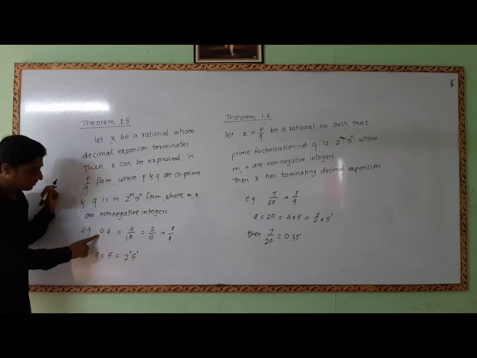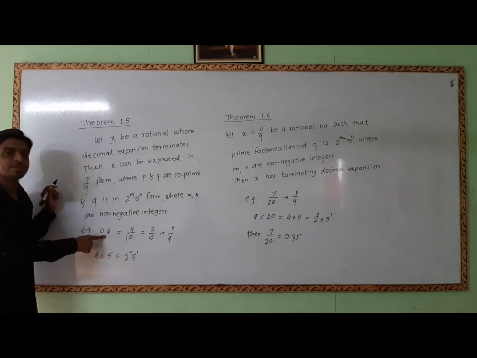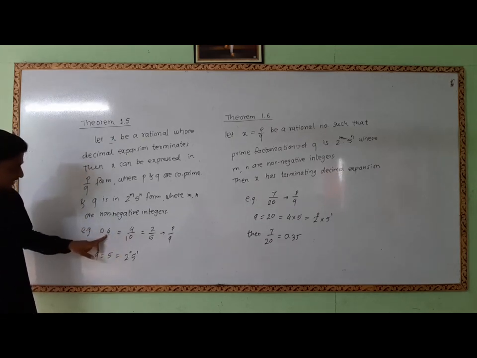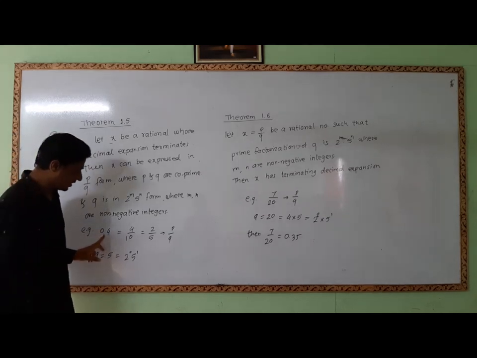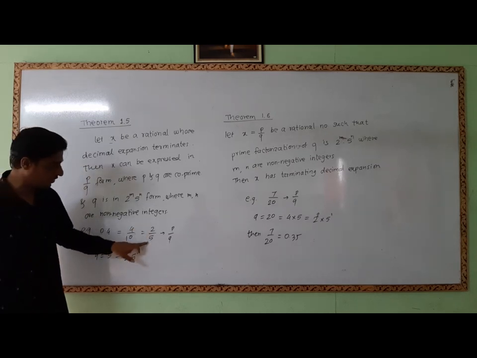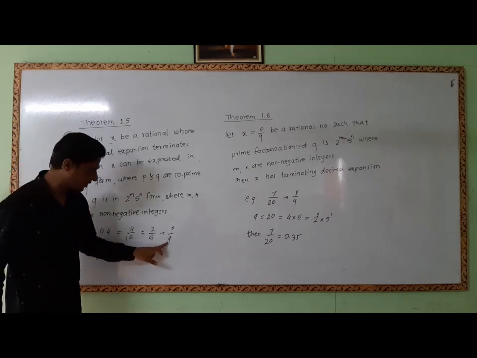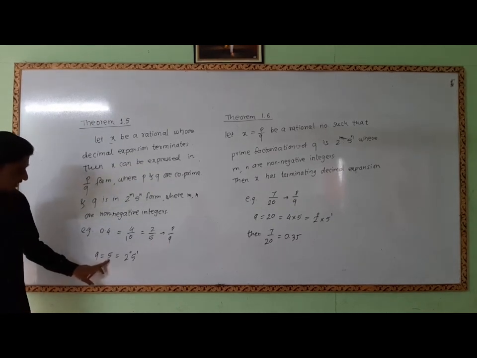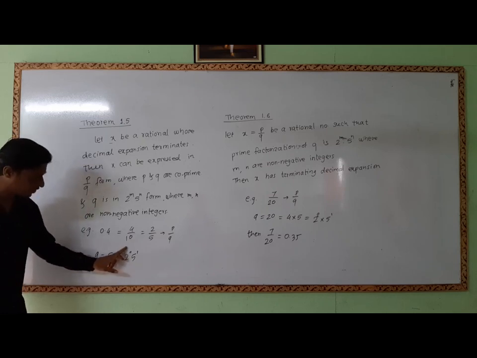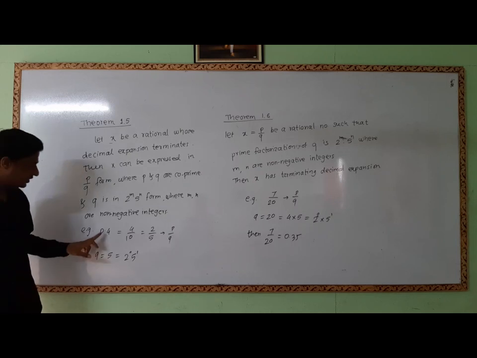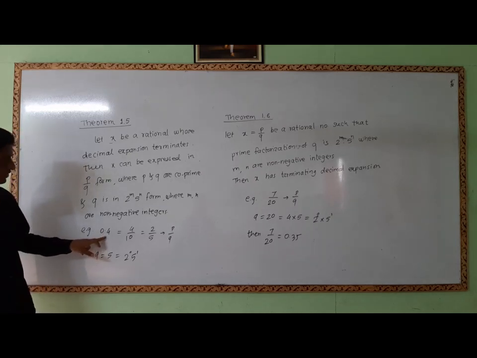We have considered a rational number 0.4. This decimal expansion is terminating. If we simplify this expression, then we will get 4 upon 10. And after dividing by 2, we will have 2 upon 5. Now this is in the form of p upon q. Let us check the form of q. q is equal to 5. This 5 can be expressed in the form of 2 raised to 0 into 5 raised to 1, because 2 raised to 0 is equal to 1. 1 into 5, that means 5.